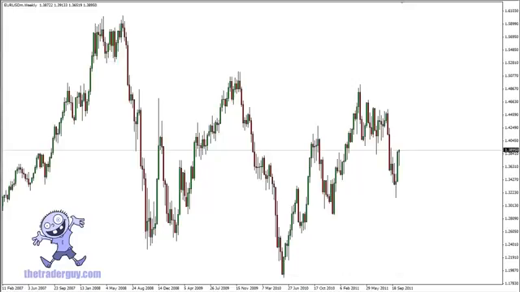Okay, now that we've gone over basically what support and resistance is, let's look at a real life example. A lot of traders will look at a chart like this, and this is the Euro US dollar weekly, and they'll say things like, wow, if I would have just sold there, if I would have just bought there, sold there, whatever you're seeing when you look at this